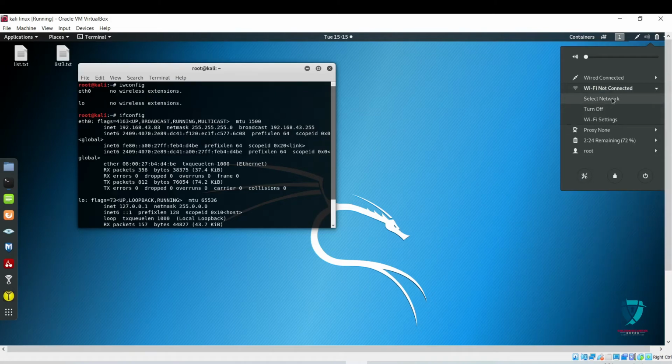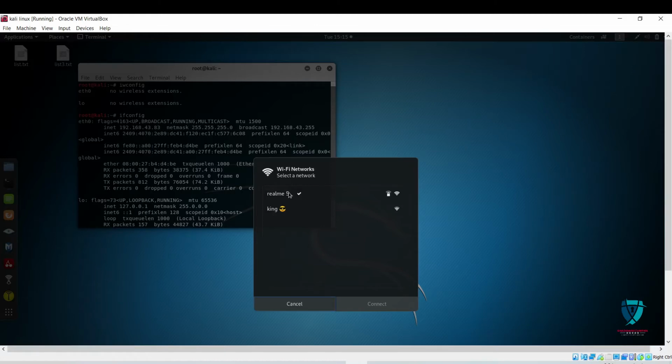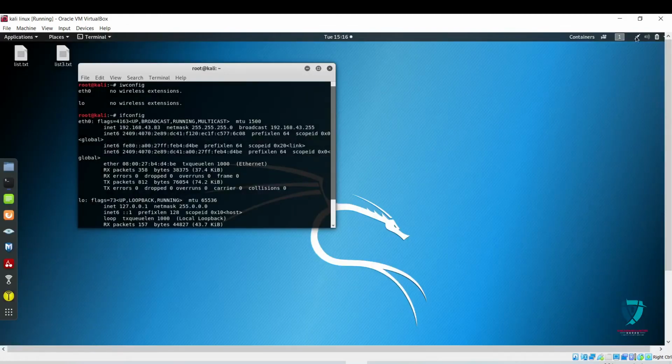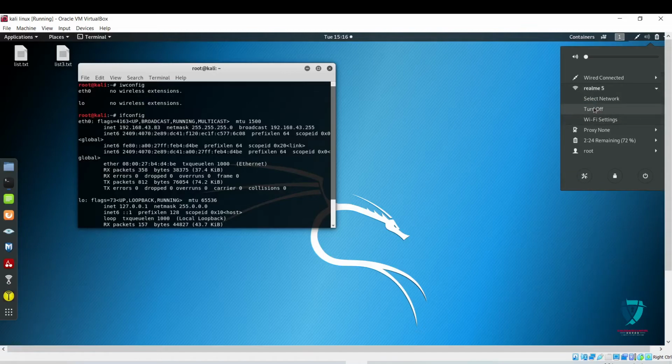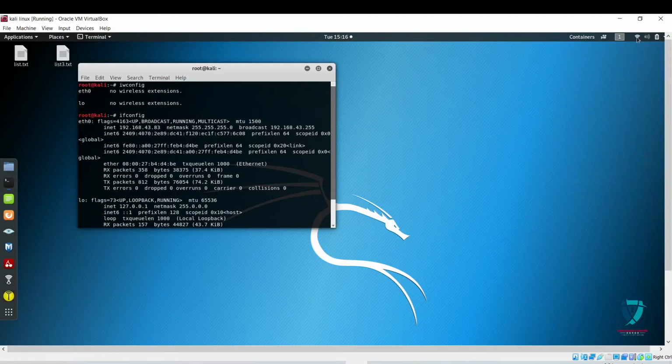So as we can see here, my Wi-Fi is connecting, I have just plugged in my Wi-Fi adapter, and it connected to the Realme 5. I'm going to turn off this connection, and we can see the wireless adapter symbol. Actually I don't want to connect, because there is no need to connect the adapter to any network.